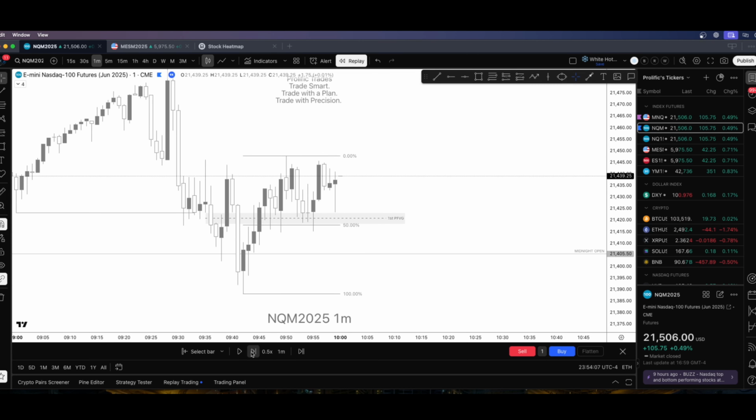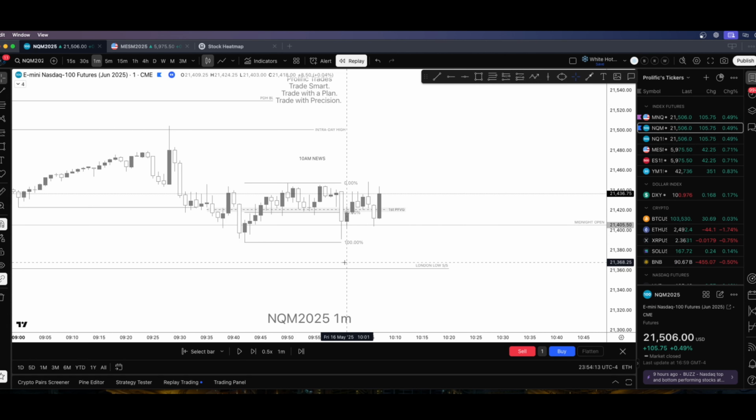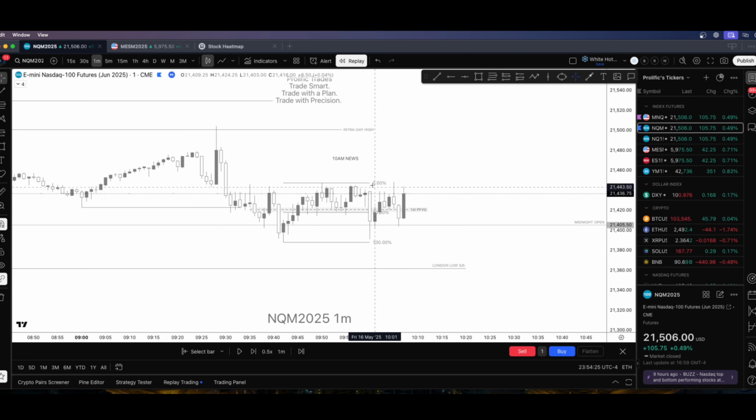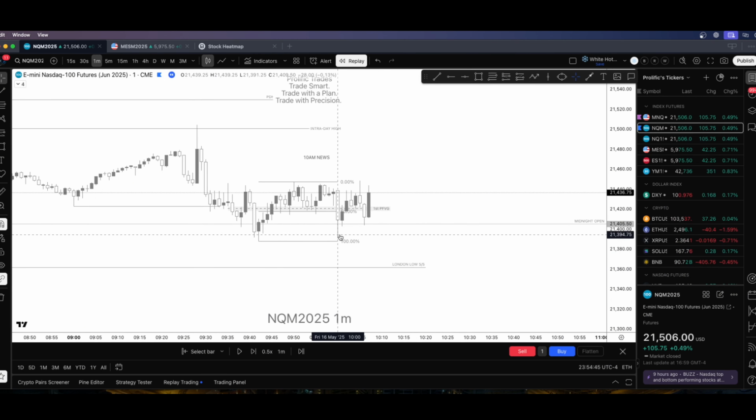I'm like, all right, look at this. It isn't going anywhere. Now, what I see automatically in my head, okay, 10 o'clock, but let me pause right now. I see accumulation, and I'm already starting to think power three: accumulation, manipulation. So whether the next move is to run up here and wash these people out again, or just keep trading higher, or do we run lower and then trade up? I want to catch the actual move, but at the accumulation, you normally get your manipulation before we start distributing or redistributing. So the news dropped right here at 10 o'clock. We didn't do nothing. No wick flood candles.